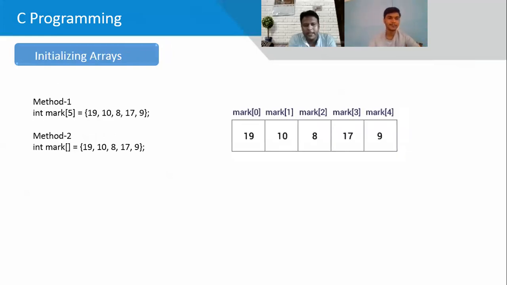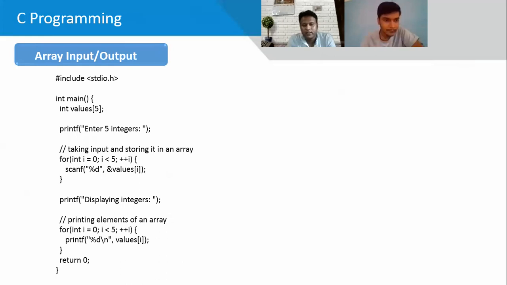So here it is an example that will take 5 values from the user and store them in a single variable and display the result.